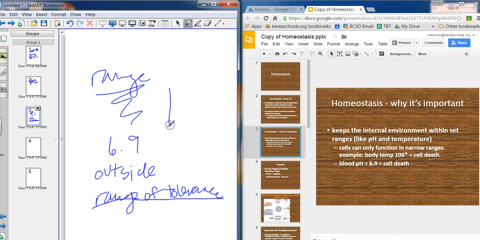So if this was the y-axis, this is the x-axis, and let's say the y-axis is temperature, and this is our activity level. As activity level increases, so let's say this is high activity level, this is low activity level, as our activity level increases, meaning physical activity, our temperature increases. But we get to a point where our body helps to bring this back down to our normal range of temperature,